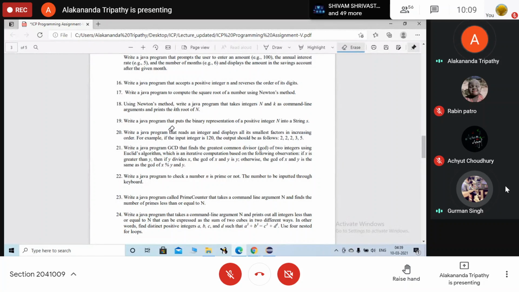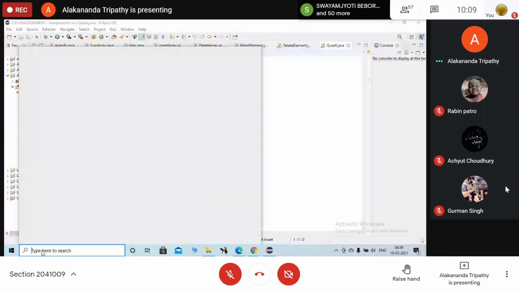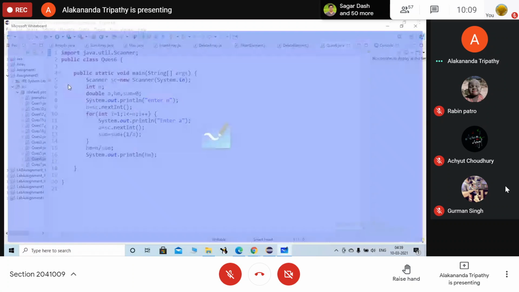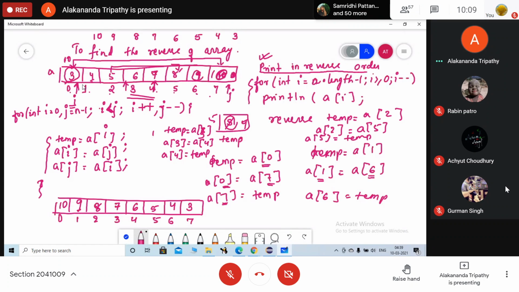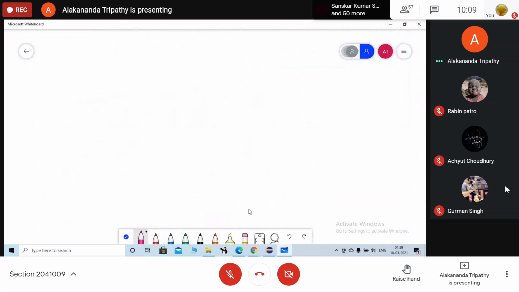Ma'am, can you show that kth root one once more? Which one? That 18th one, kth root and other than that Newton's method to find a root. I'm having a doubt in that. Okay, just a minute. Let me open the whiteboard. Okay, now